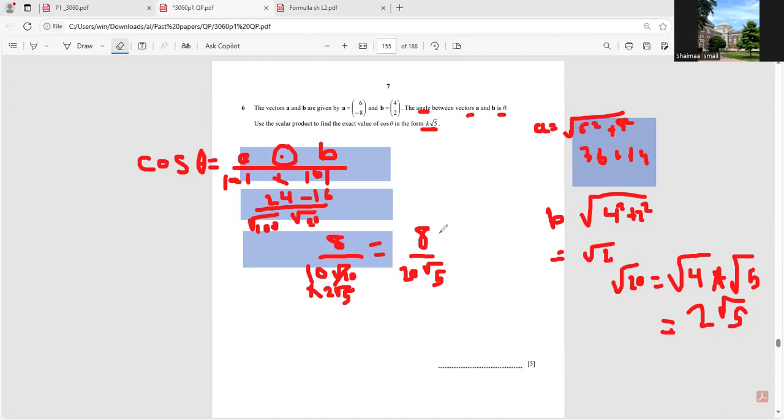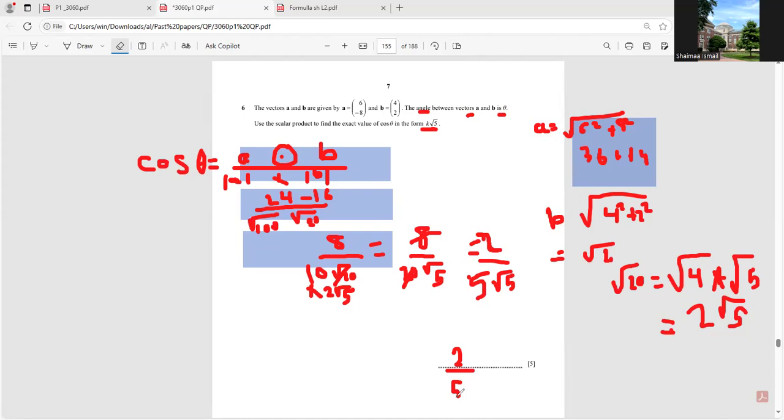And here I'm going to simplify 8 divided by 4, which equals 2, to 2 over 20 divided by 4, which equals 5 root 5. So actually it is 2 over